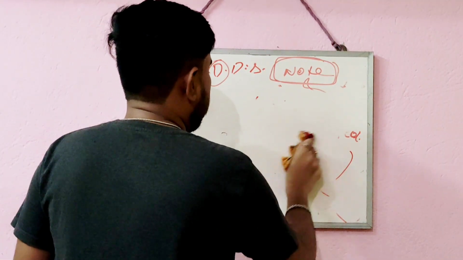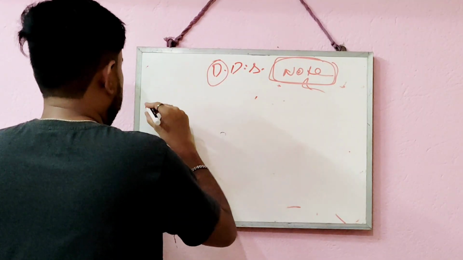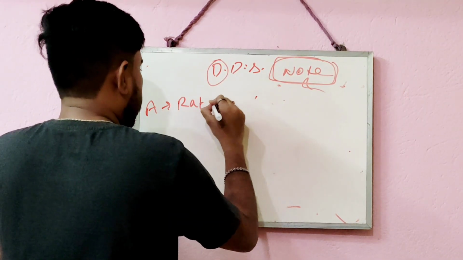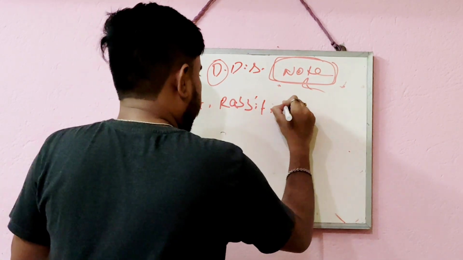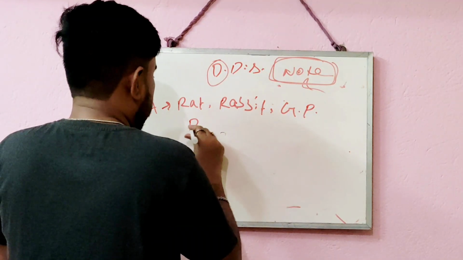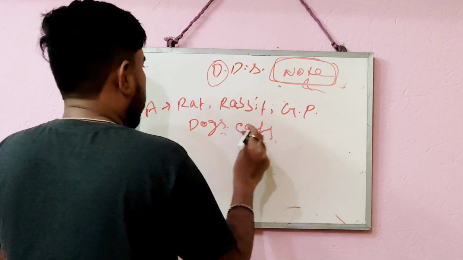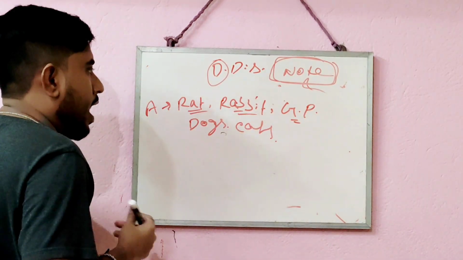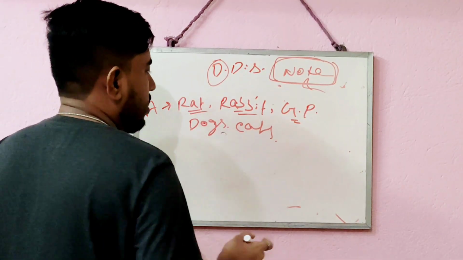So in preclinical trials, different animals are used. These animals can be rat, rabbit, guinea pig. Sometimes dogs and cats are also used. But most of the time, rats, rabbits, and guinea pigs are used because they have psychological, physiological, and anatomical